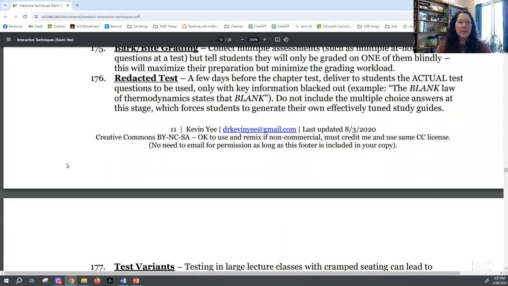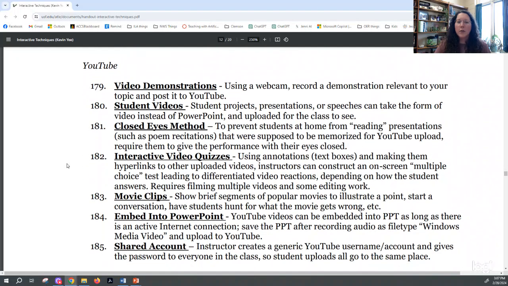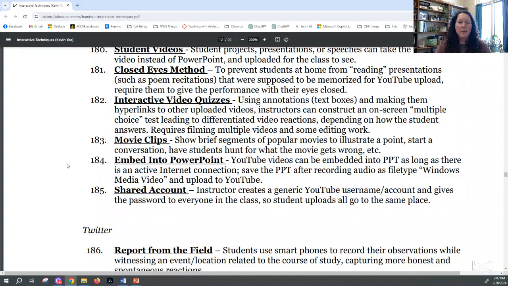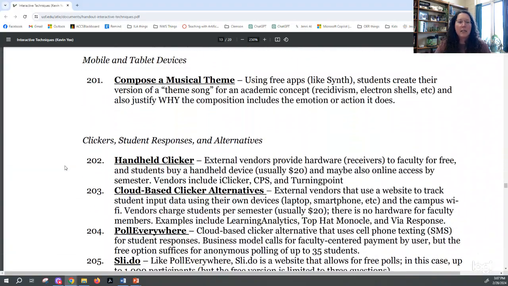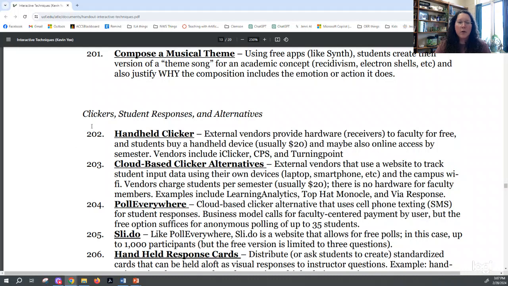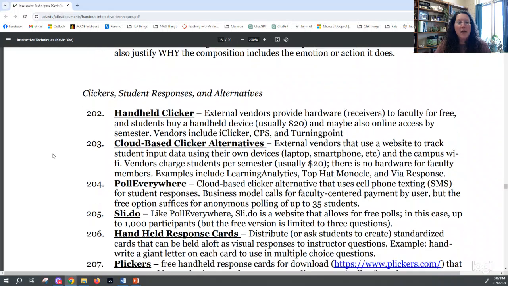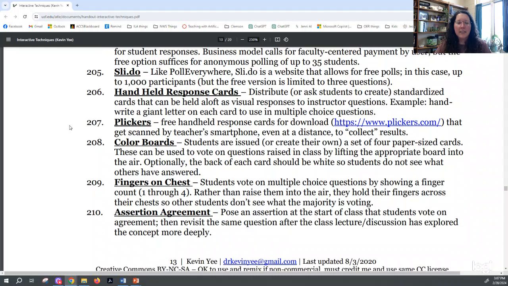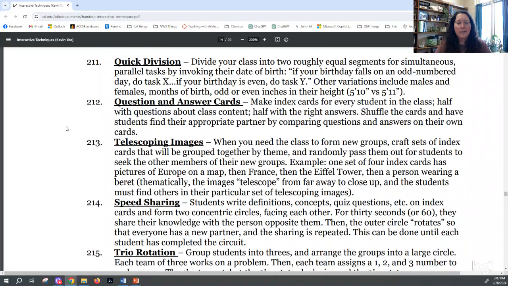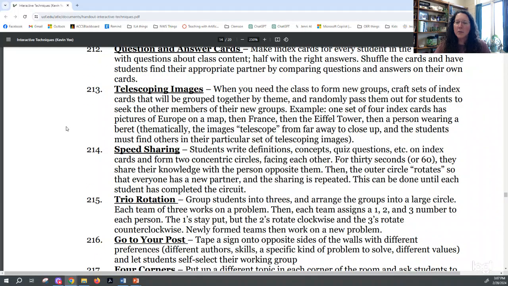Some other teaching strategies are mentioned again. YouTube, utilizing a lot of video clips and movies and things. Twitter involved even. Tablet items. You can do it with clickers, or you can use things like Quizlet and a lot of these other things that'll run off the smartphone or a smartphone app. Poll Everywhere I mentioned earlier. Just lots of neat things that can be done involving tech, and fairly cheaply because most of them have it in their pocket.